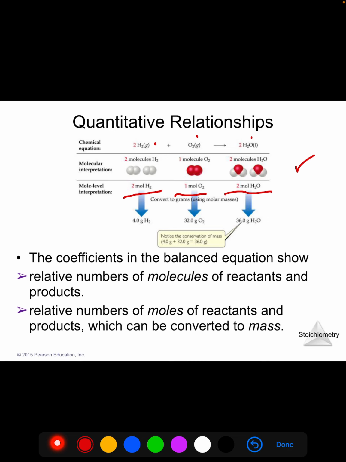Because we can't really work with molecules, but we can work with moles, because this would just be 4 grams of hydrogen. Hydrogen is 1 gram, average atomic mass. H2 gas would be 2 grams. You need 2 moles of that, so that would weigh 4 grams. Oxygen is 16, but it's a diatomic gas, so molecular oxygen is 32, and you need 1 mole of that, so it would be 32, and the water is